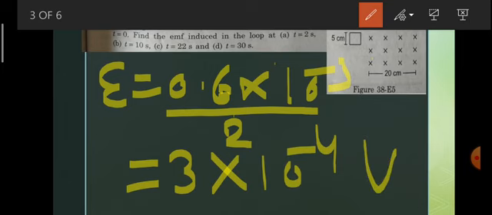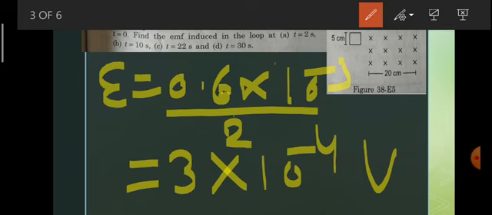I hope this point is clear to you. So we see that when we move from t equal to 0 seconds to 5 seconds, EMF is produced. And if we move from 5 seconds to 20 seconds, EMF is 0, since this loop is completely inside this magnetic field. If the loop is completely inside this magnetic field, it means there is no change in area and EMF is 0. I hope this point is clear to you.